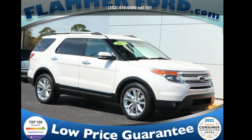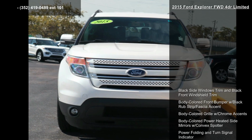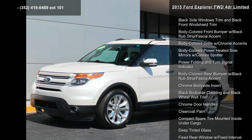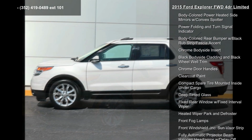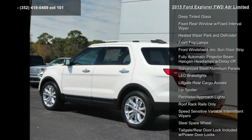Step into the Ford 2015 Explorer FWD 4-door Limited. This may be the set of wheels you've been looking for. Enjoy these notable features: black side windows trim and black front windshield trim, body-colored front bumper with black rub strip